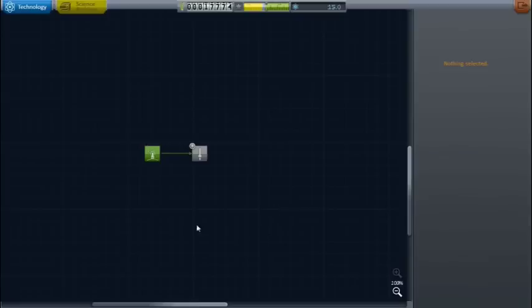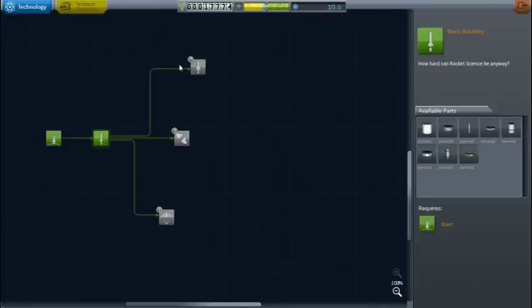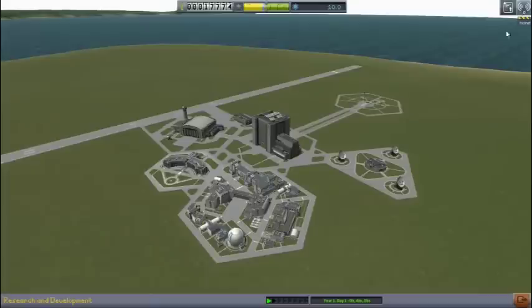Alright, I'm gonna go to the research center. I'm gonna pick myself up some scientific research. Oh, by the way, I have KW Rocketry and B9 as the mods I have installed. I prefer them because they're very simple. They just add part updates to the game. They don't break anything, which I don't want, because I don't want to play a broken Kerbal Space Program where it's just way too easy, but I also don't want to play one that's like, I don't know, I just feel the actual base